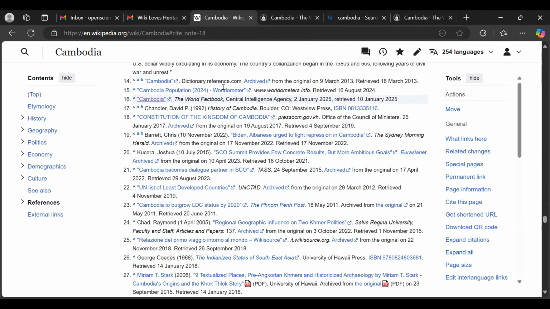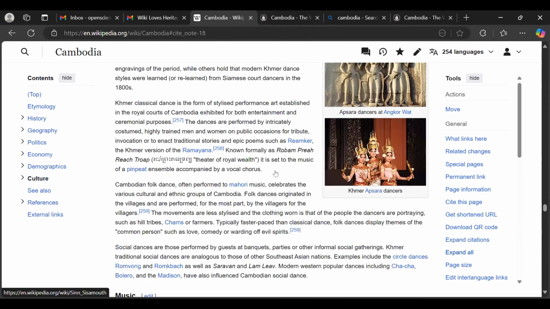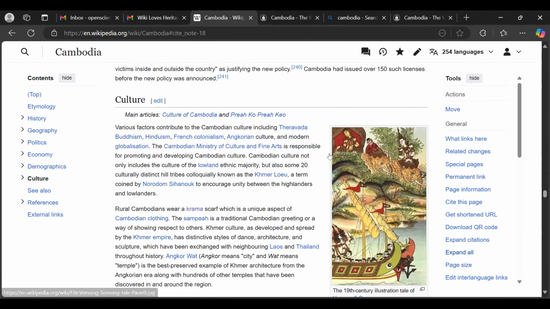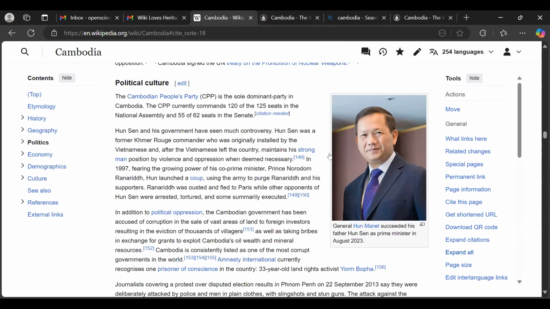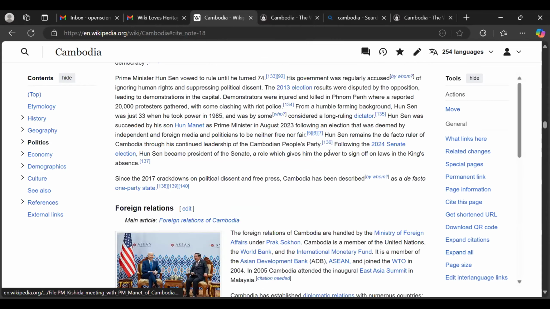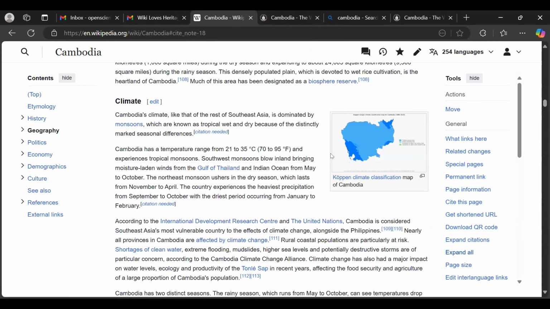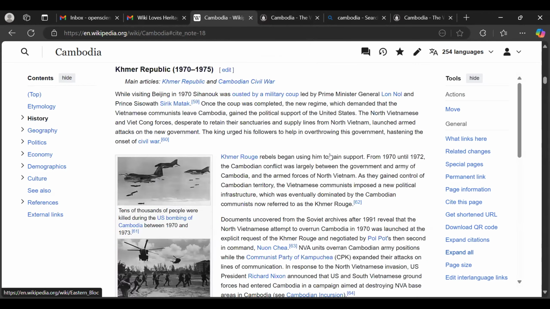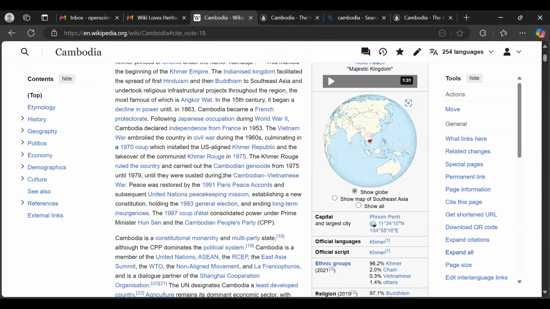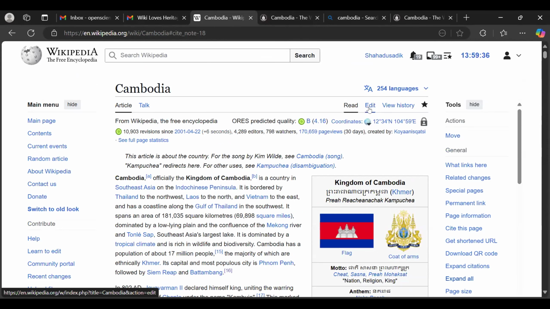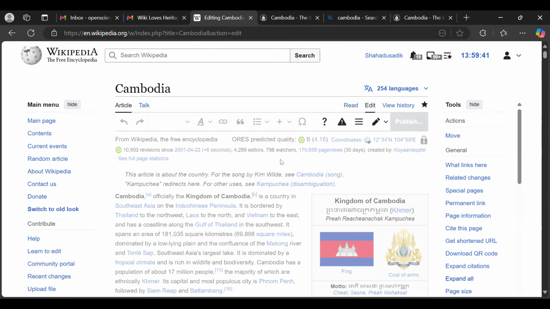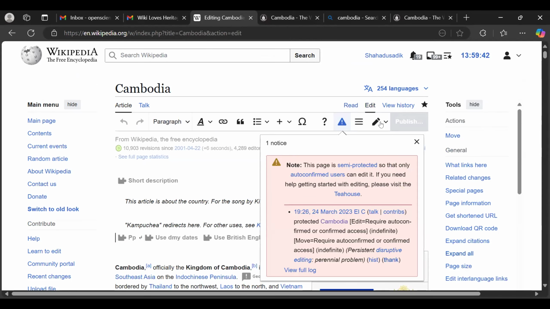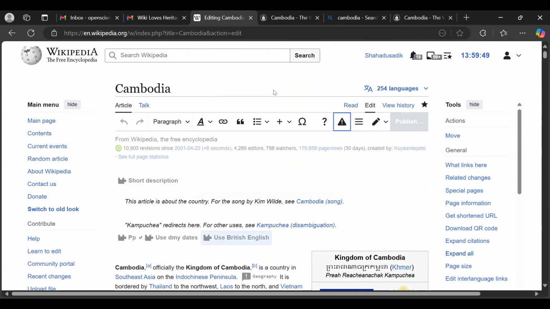So now we've learned how to add a reference. We have learned how to bold a text. We've learned how to italicize a word or content on Wikipedia. And now let's go back to edit again. When I click on edit, always remember, as I said, if it's edit source, you switch it to visual editor. So it's still on visual editing and source editing. So what else can we do?